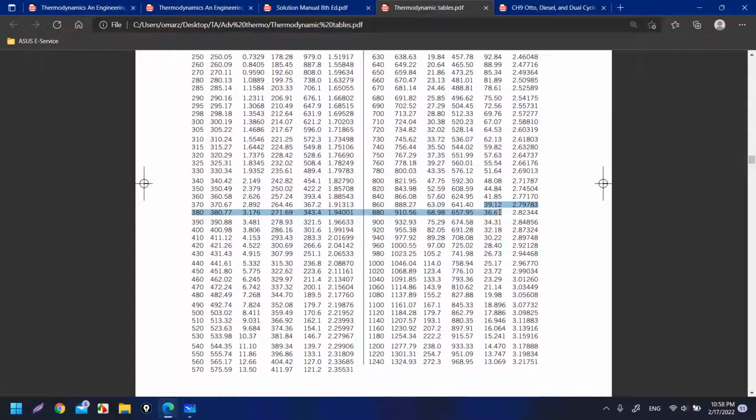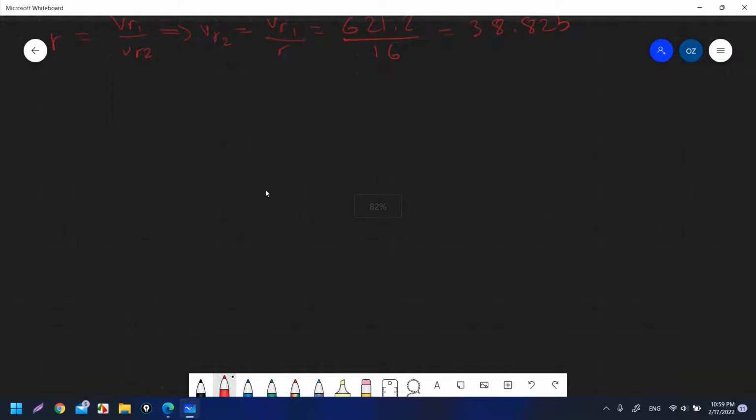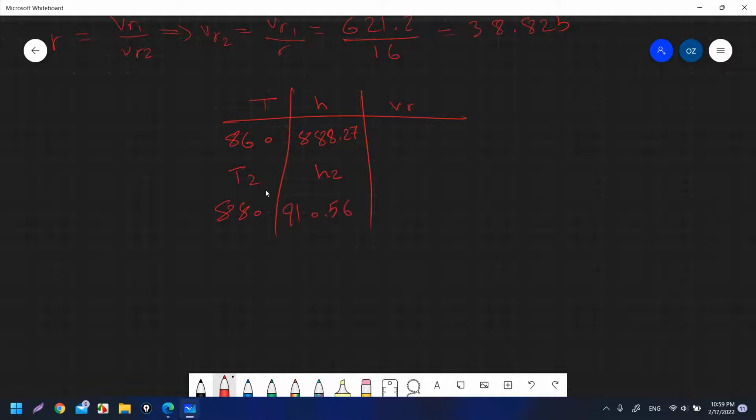This number, 38.825, is between these two numbers. So I will make an interpolation and find the h and the temperature T2. Okay, so let's make the interpolation. T, h, vr: 860, T2, 880; 888.27, h2, 910.56; vr is 39.12, vr2 was 38.825,